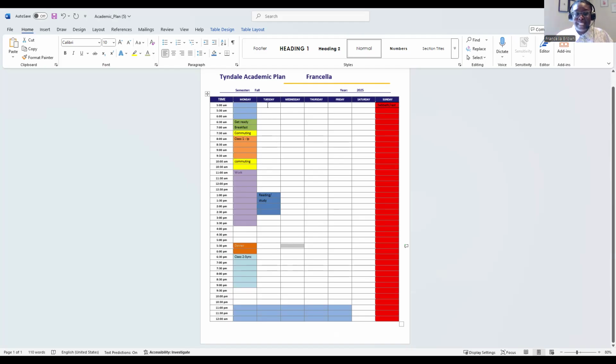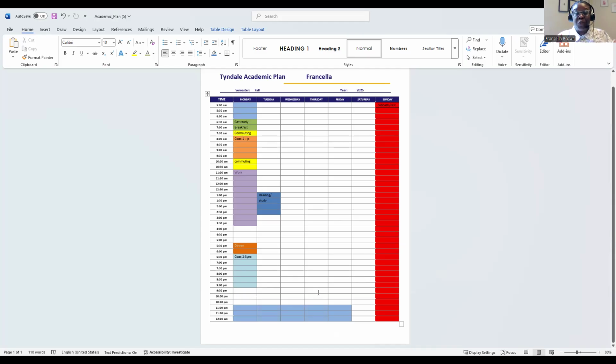If every single minute of your day is colored in, you might want to consider making some flexibility in there so that you're not constantly doing things. What if you want to go for a walk? What if you want to relax a little bit? What if you want to scroll on your phone a little bit? And so that's where the self-care comes in. Okay. So don't plan out every single minute of every single day.